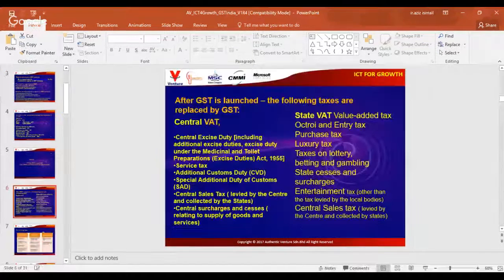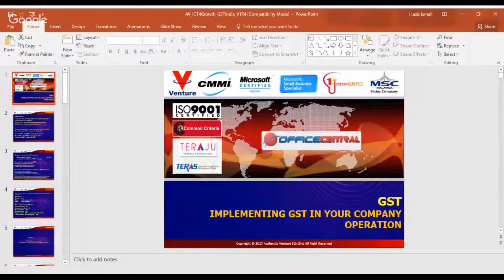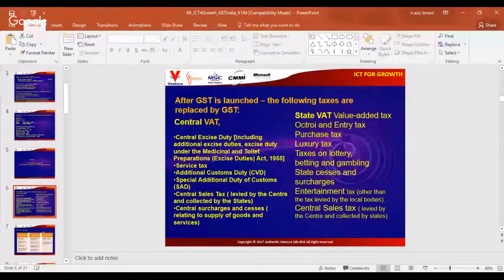After the GST is launched, the previous taxes will be replaced by the GST. You have this central VAT, central excise duty, service tax, additional customs duty, special additional duty on customs, central tax, central sales tax, central surcharge, and cess, and all of that will be removed when the GST is launched. And then